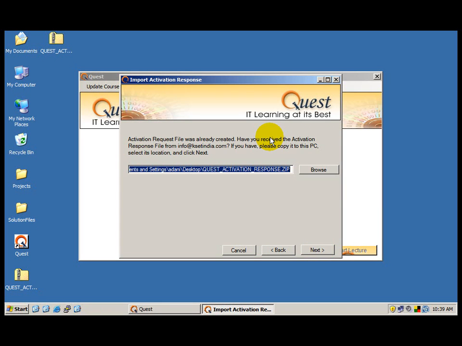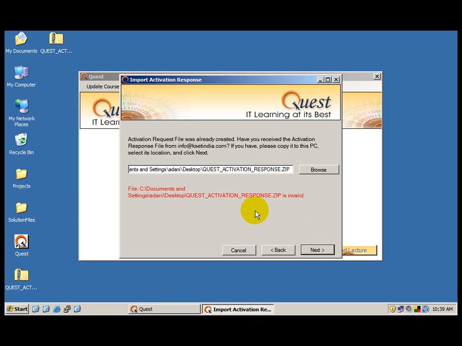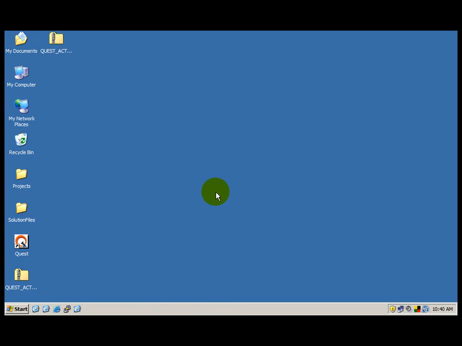Now when you get a message that you have to copy the response file also onto the desktop, and that's what you have done, you click next and you get a message saying that file quest activation response.zip is invalid. Now what do you do in these cases? Because if you click next, there's nothing that happens. So in such cases, what you are supposed to do is the following. There are two situations. Either you hit the cancel button, close the Quest icon, and